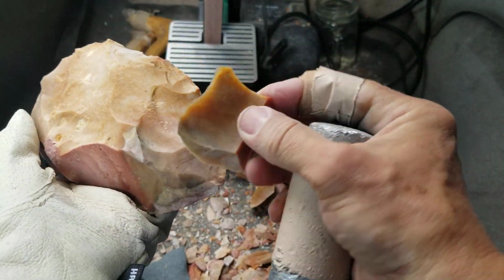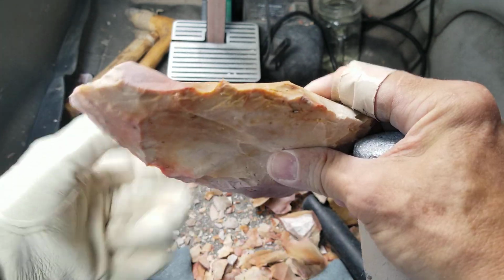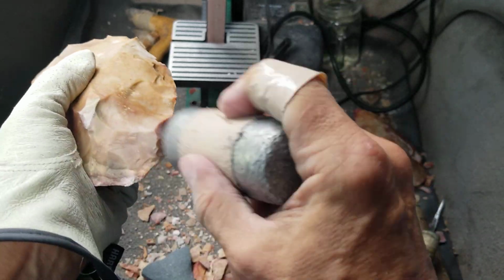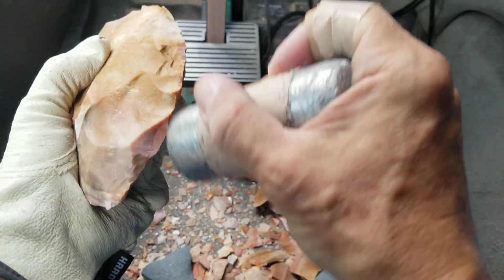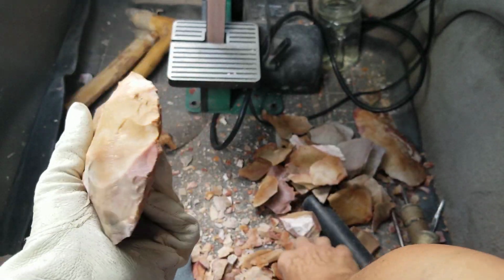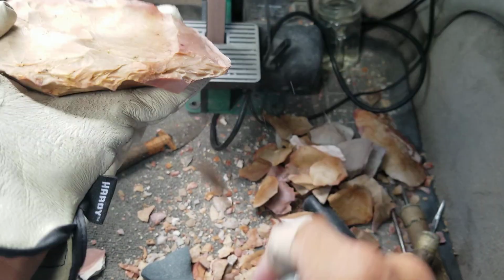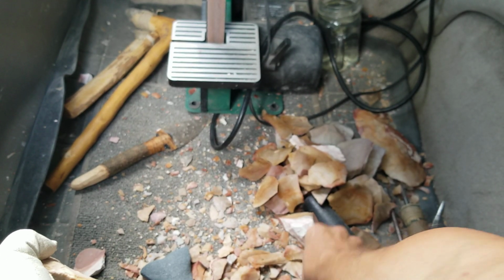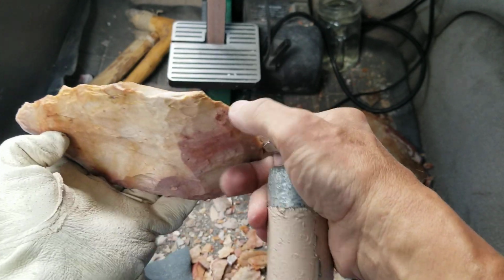Why did I take that flake now? Because I want to reduce mass off the end a little bit. And that was just too bulky there for my taste. I'm going to be striking in the middle. I don't want stuff hanging out on the end. You can make arrowheads out of these little ones too, especially when they're nice like that, nice color. Little bitty arrowheads, yes, it's true, but still,